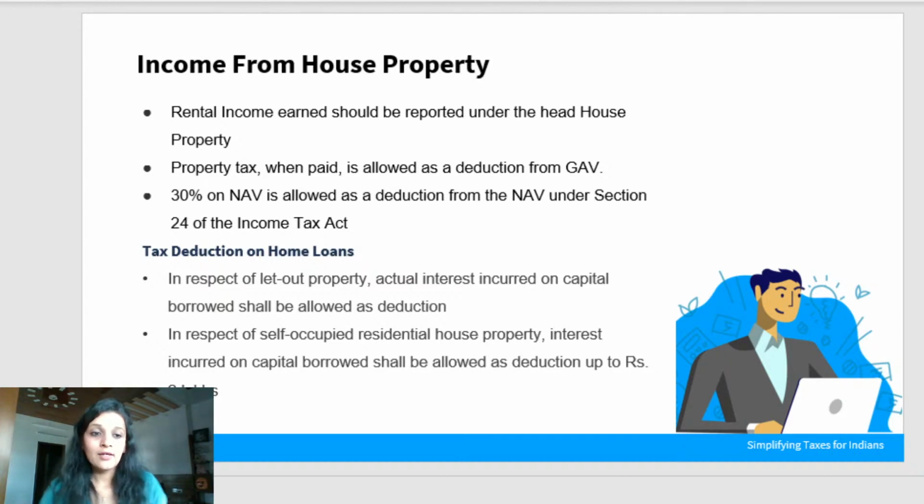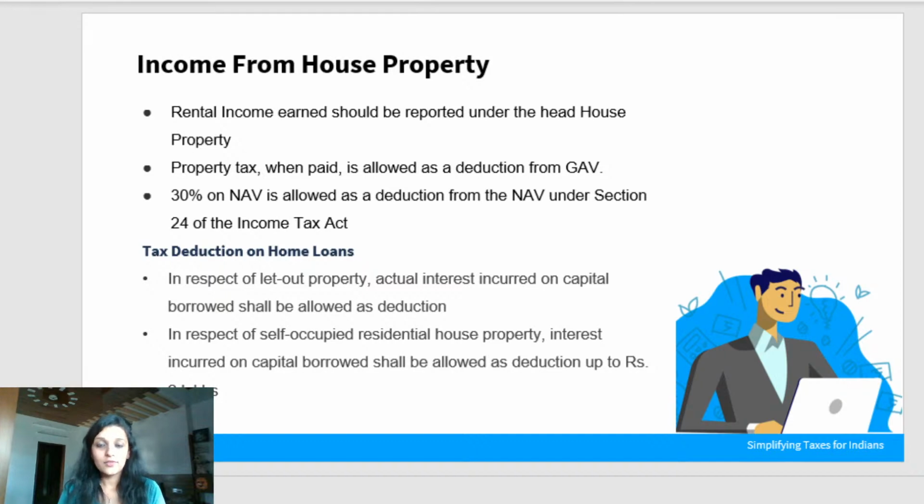If you have any stamp duty and registration charges, in the year in which you have paid these expenditures, they will also be included in 80C within the overall limit of 1.5 lakh. Then in the home loan component, in the house property component,